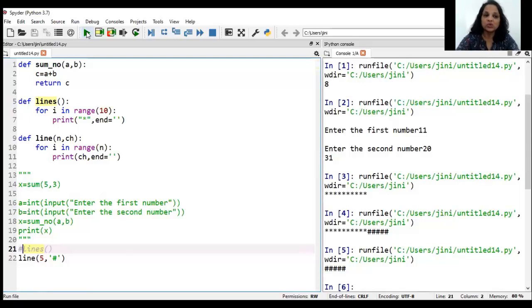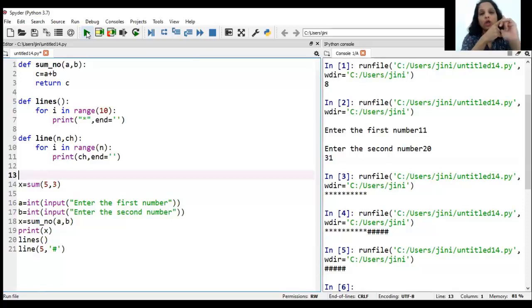Is that clear? So I hope you have understood how you call functions. Line and lines both did not return an answer. So you called it just by using the names and the parameters. And if you were returning something, then we could call it either using the variable or by using the print statement. Okay. Now, here I taught you how to define a function. That means how do you write a function and how do you call a function.